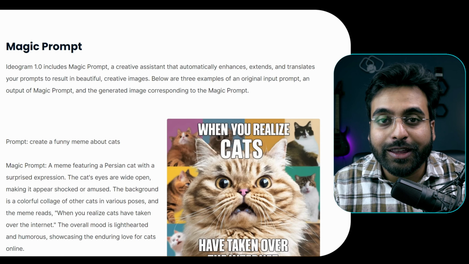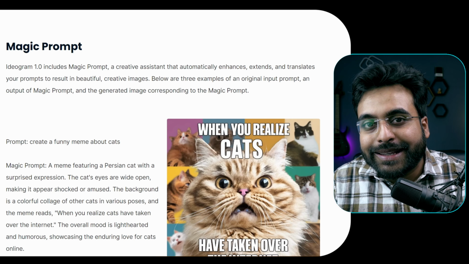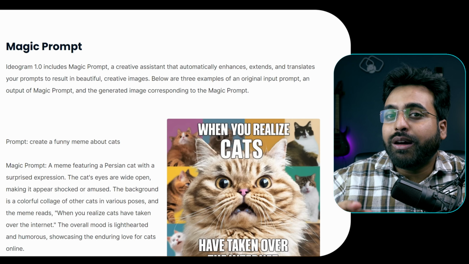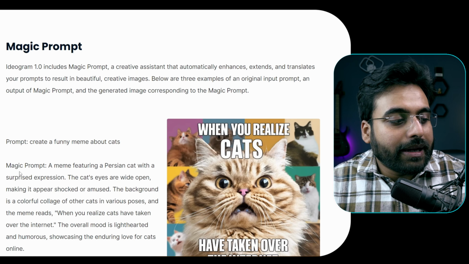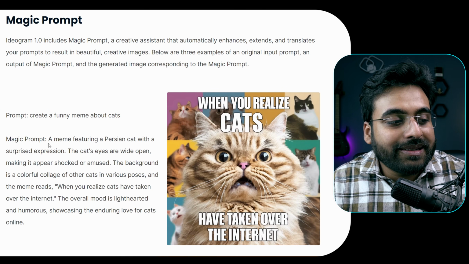Magic prompt. Yeah, you heard this right. It includes a magic prompt, an assistant that can change your tiny little prompt into a long, large, detailed prompt. Just look at it. The prompt is "create a funny meme about cats," and the magic prompt is